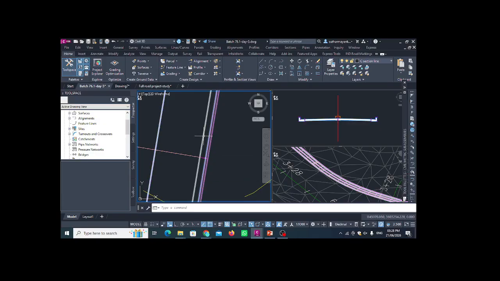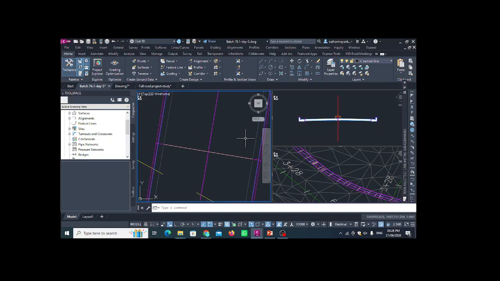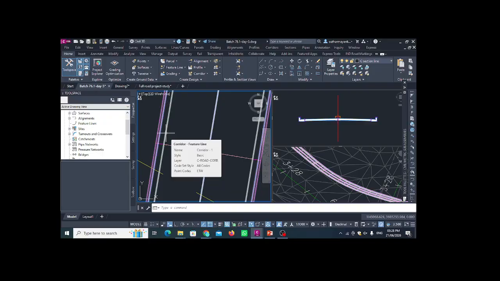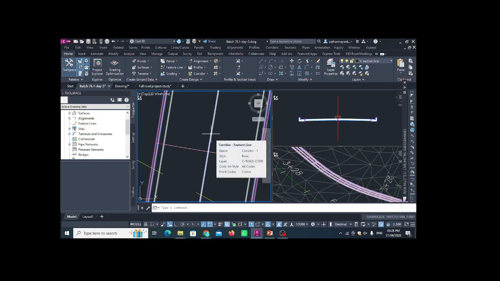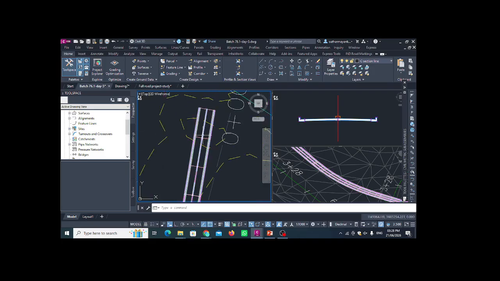Your end of the pavement is here, lane 1. Same side here, you can see ETW, and you can see the back curve. So every time here you can see the gutter and curb, and then this end line, and here this center part. Okay, the crown part. So this is how your corridor is created. Now